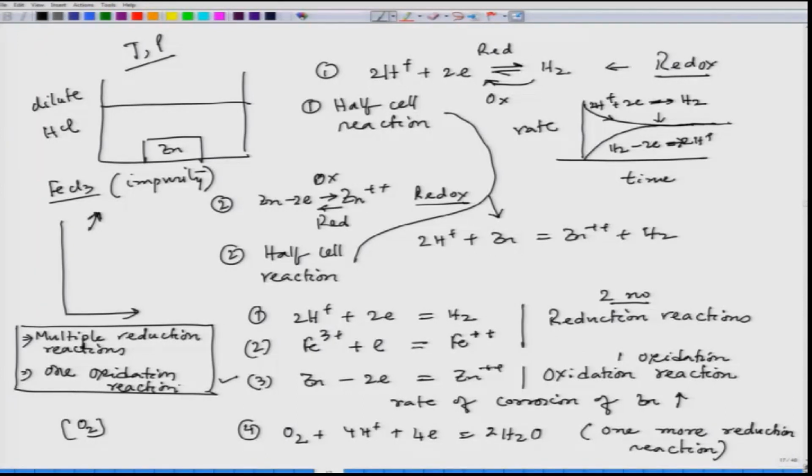All three examples. Now, we have an example where we have one reduction reaction, but there could be multiple oxidation reactions. The classic example is if we have iron